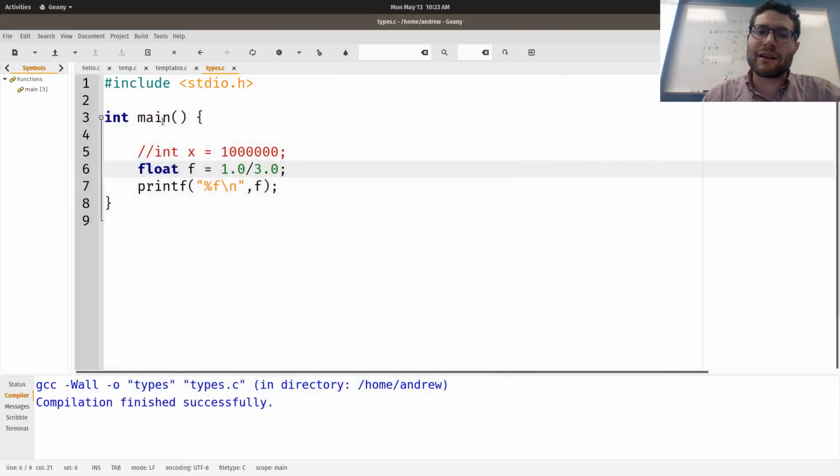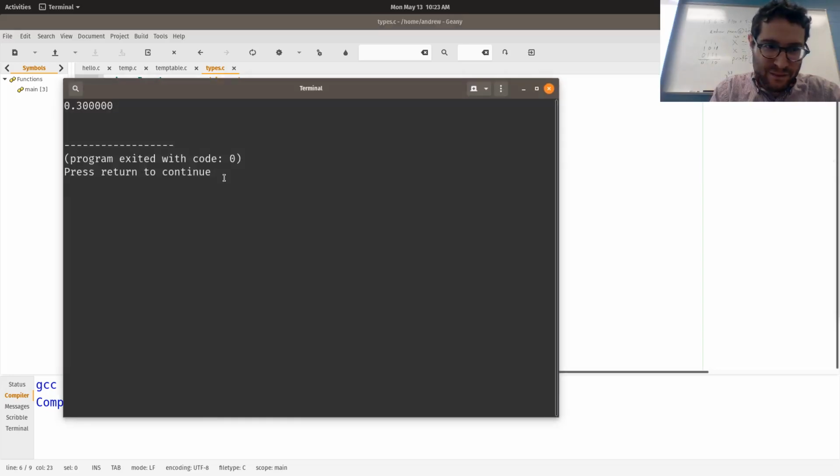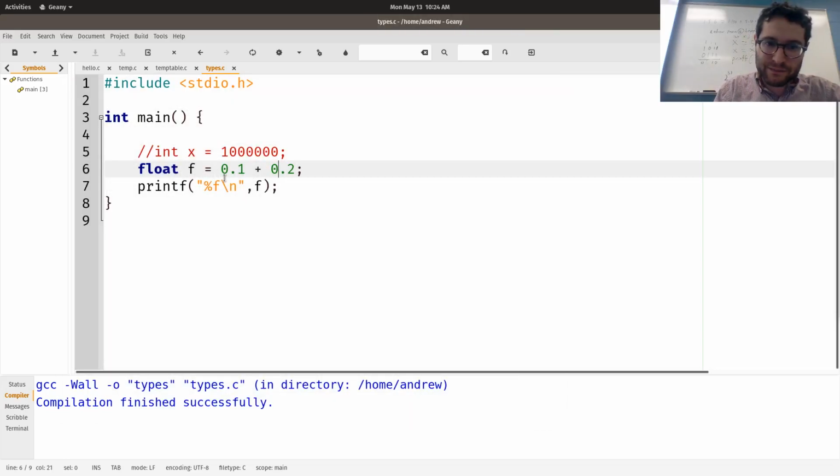Technically it's an infinite number of 3's, but I don't have the computer space, the memory, to store an infinite number of 3's. And also, remember, this is actually a decimal number being converted into a binary number, which is then converted back into a decimal number for you, which can lead to some actual ambiguities here, or some weirdness. Let's see if this works on a float. So that will work there just fine.